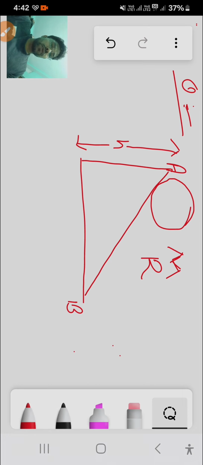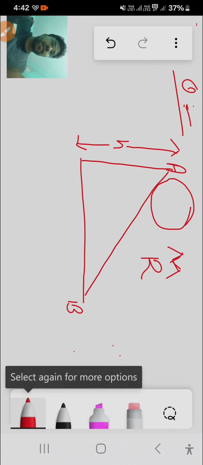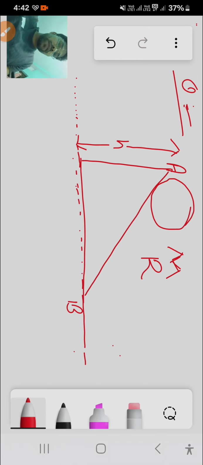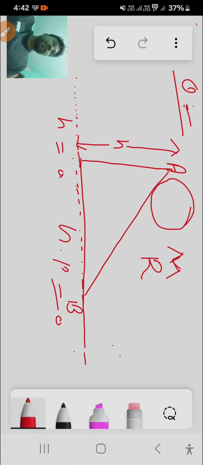So let's take the plane level of the inclined plane. We will take h equal to 0 and gravitational potential energy equal to 0 at this level, and then the gravitational potential energy at point A is